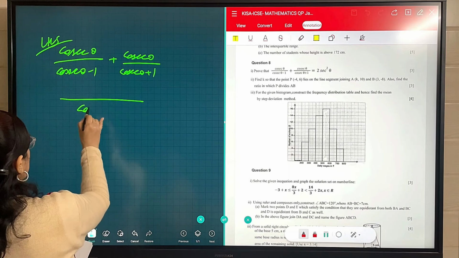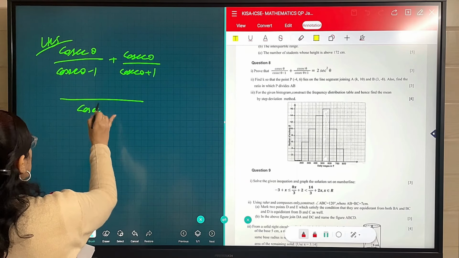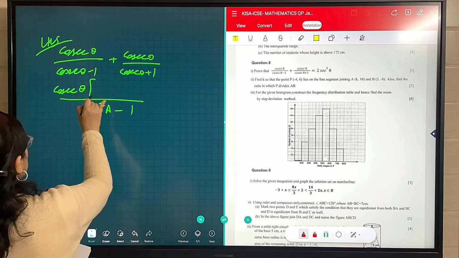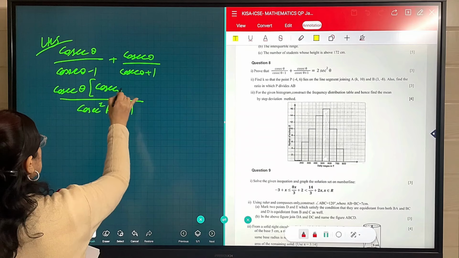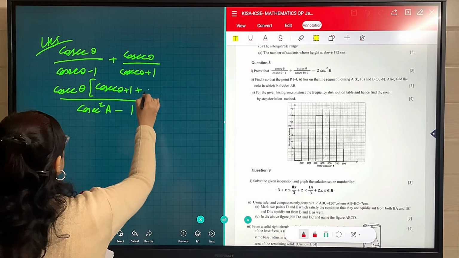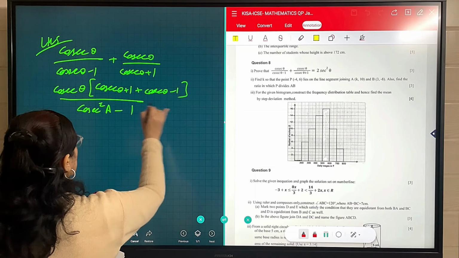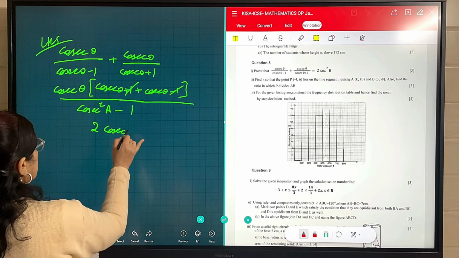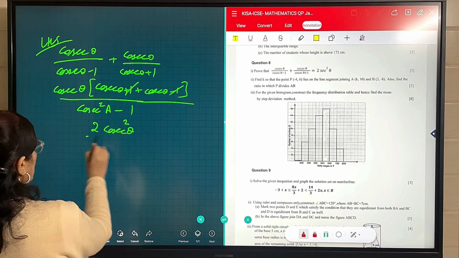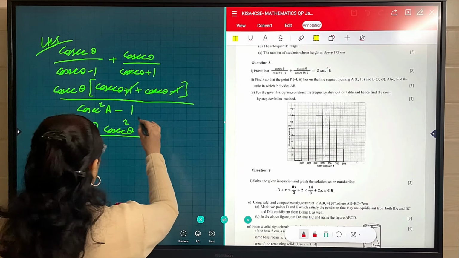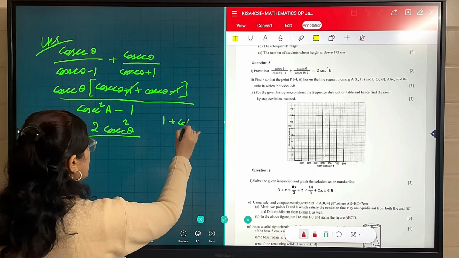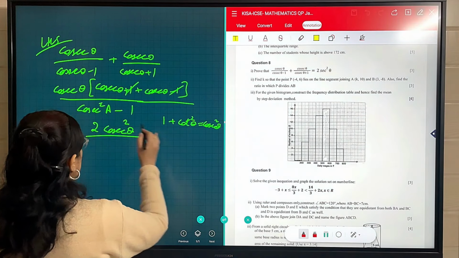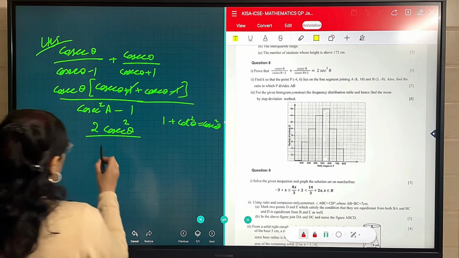Here as you can see, I can take in the denominator a minus b, a plus b, so it is a square minus b square, and in the numerator we can take cosec theta common, and this will be multiplied with this, so cosec theta plus 1, and here also this will become cosec theta minus 1. So 1 and minus 1 will get cancelled, you will get 2 cosec theta. So 2 cosec theta inside and 1 is outside. So it will become 2 cosec square theta, and in the denominator we have to apply the third identity. It means 1 plus cot square theta is equal to cosec square theta. So cosec square theta minus 1 will become equal to cot square theta.